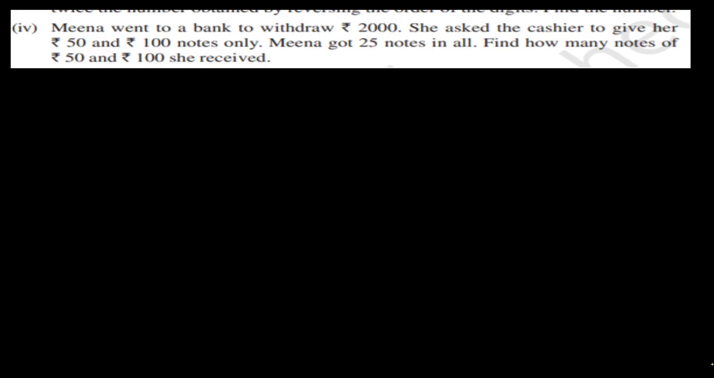Meena went to the bank to withdraw rupees 2000. She asked the cashier to give her rupees 50 and 100 notes only. And Meena got 25 notes in all. Find how many notes of the rupees 50 and 100 she received. Let us consider that Meena received